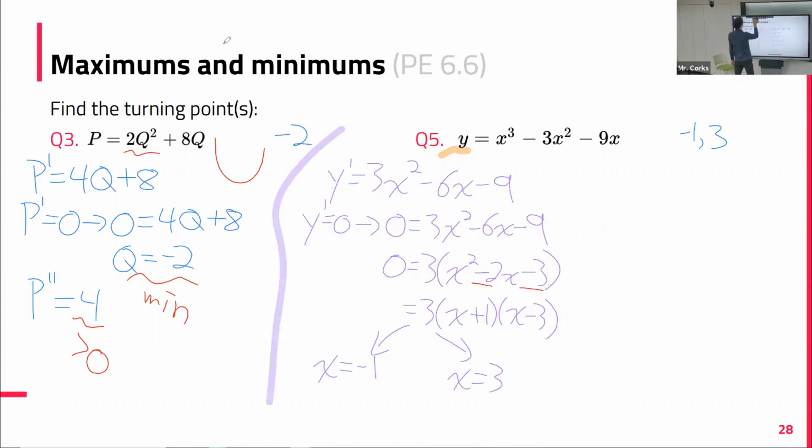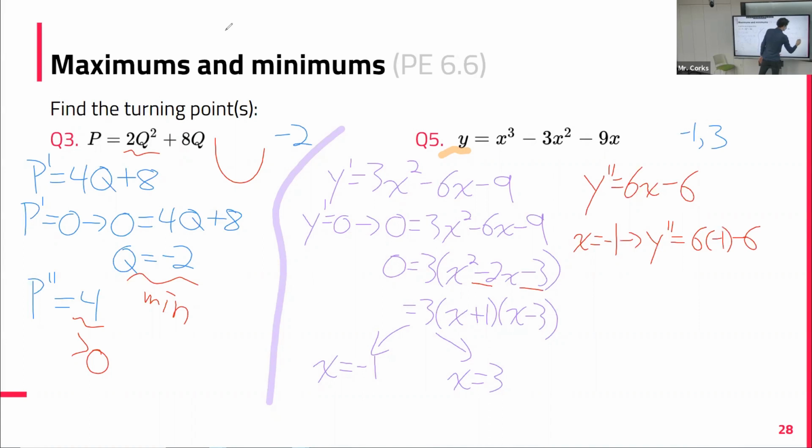And our second derivative is what here? 6x minus 6. Okay, and we're going to take these two values for x and substitute them in. So let's just label these properly. When x is equal to -1, then y double prime is equal to 6 times -1 minus 6, which is